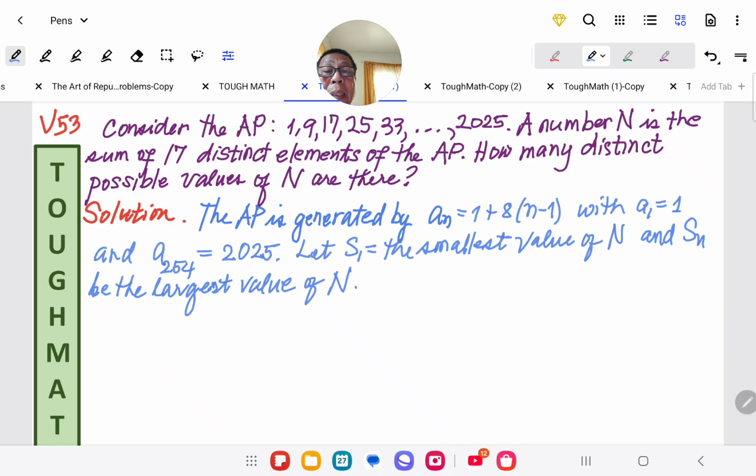Since the arithmetic progression is an increasing sequence,